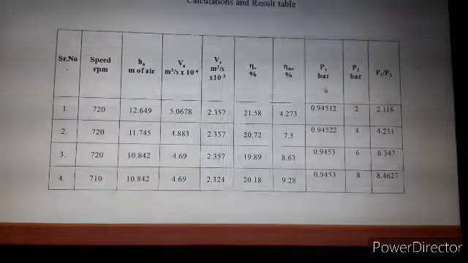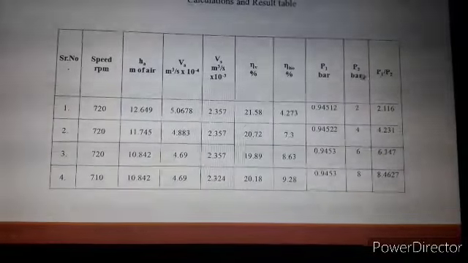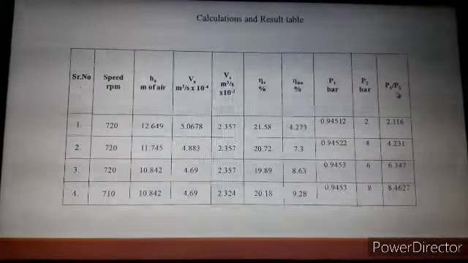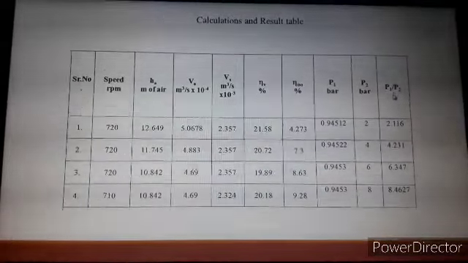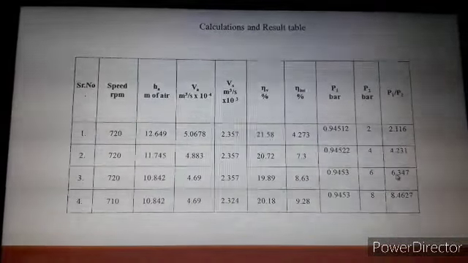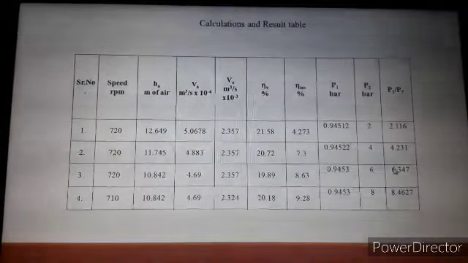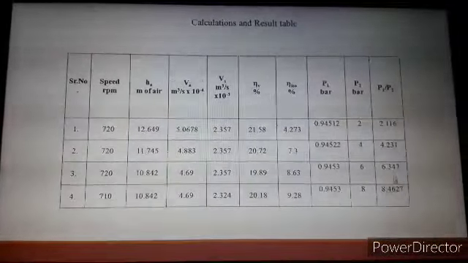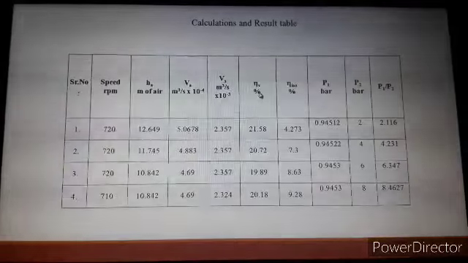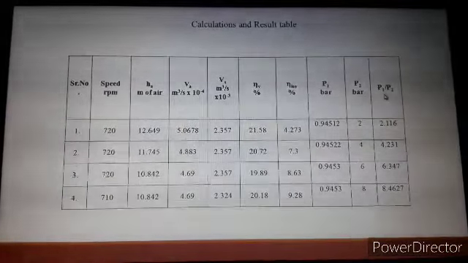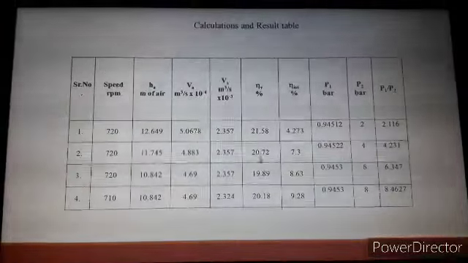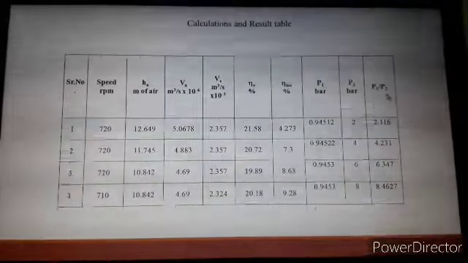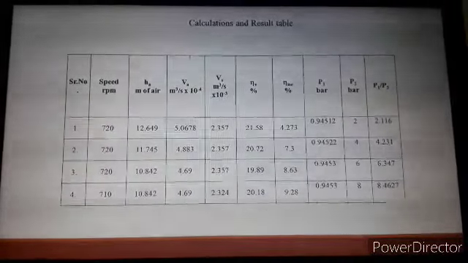Then in the next column we have to write the pressure P1, that is in bar. Here we have to write pressure P2, again in bar, and in the last column we have to write the pressure ratio, P1 by P2 or P2 by P1. So why do we need this pressure ratio? Because during the theory lecture also we have seen that we always have to refer to the relation between temperature ratio, pressure ratio and volume ratio. So that's why the pressure ratio is important. Again, the characteristics we have to plot with respect to this pressure ratio. Particularly we have to plot volumetric efficiency versus pressure ratio and isothermal efficiency versus pressure ratio. That's why in the last column the pressure ratio is calculated and written here.